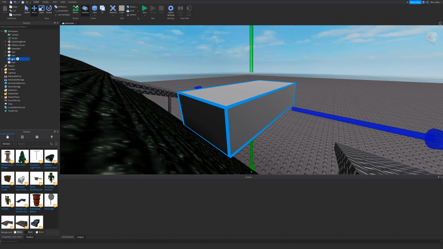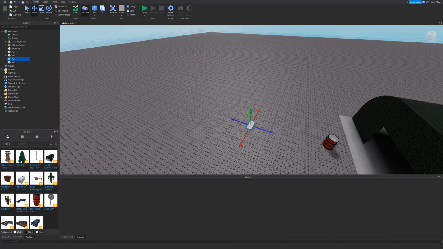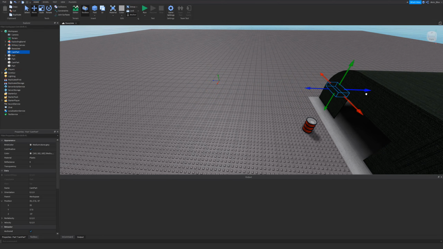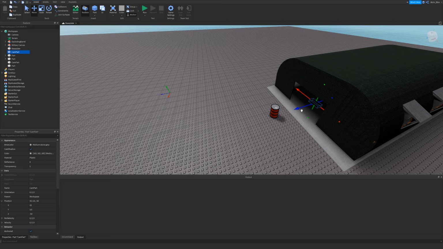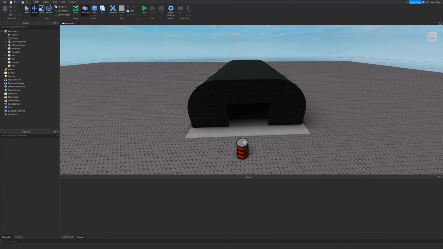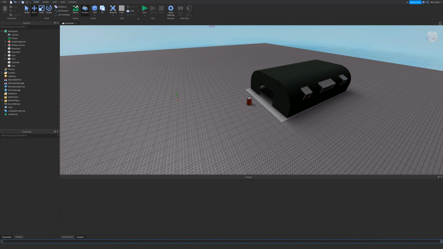Part. Here we go. So, if I put a part here, and let's just imagine that this is called cam part, and let's anchor it and can collide, whatever, make it invisible though, and we have a second part, and we'll put it over here, and we'll call this part focus part. The names don't matter, but now if I wanted to CFrame the camera so it was positioned here and looking at the focus part, I could say